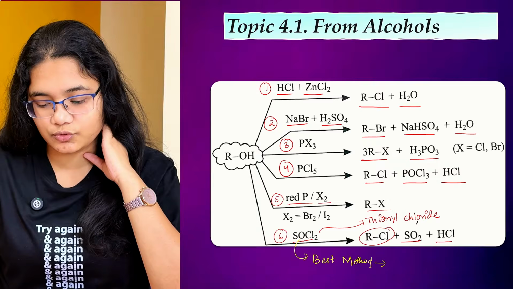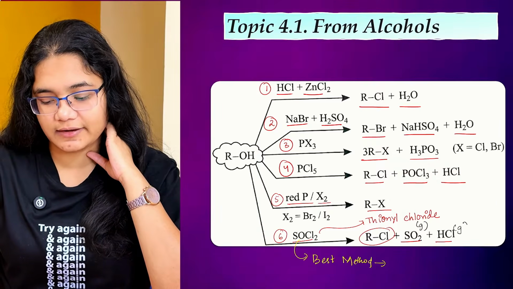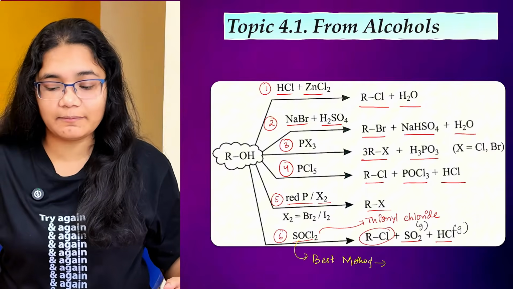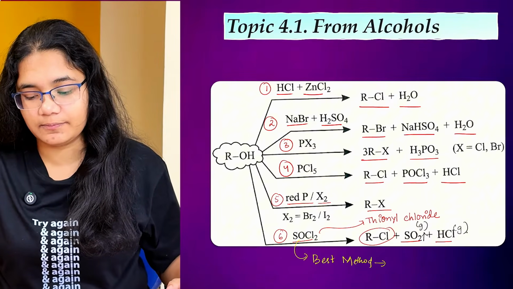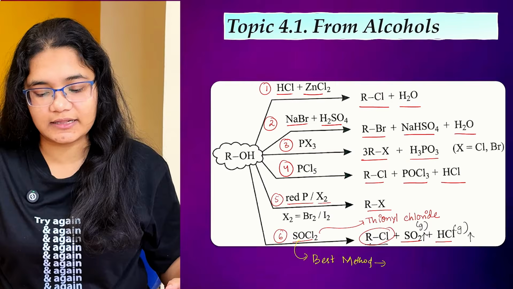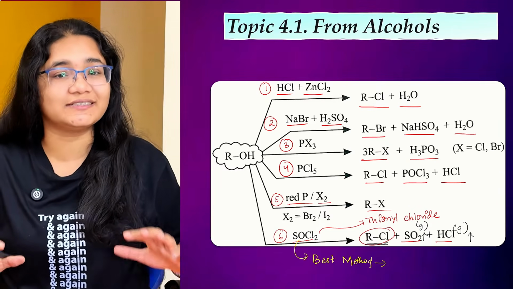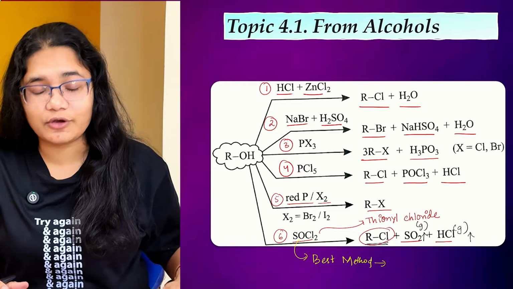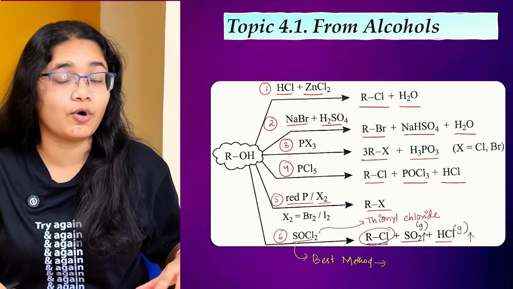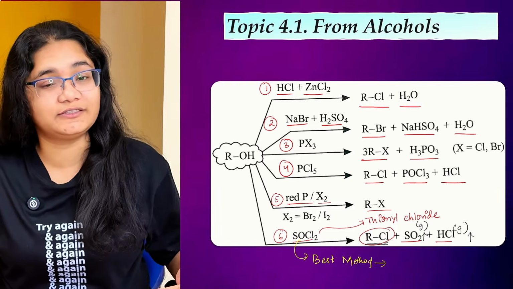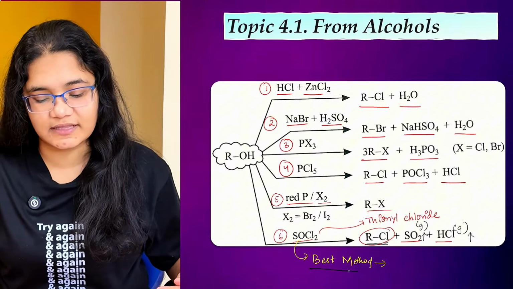We have SO2 and we have HCl. Both the byproducts are gaseous in nature, so they will simply evaporate. And if they evaporate, in your sample you just have pure RCl. You do not have to do any purification or separation method to obtain the product. So directly you will get your product in the purest form,